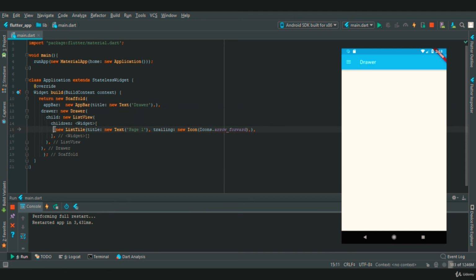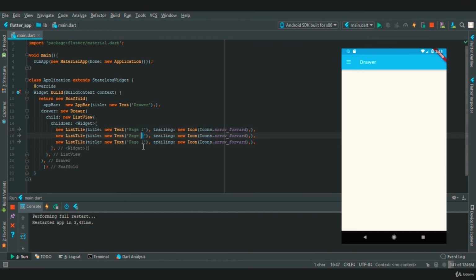We are going to create two more list tiles. Let's copy and paste. Let this be page 2, and for the third list tile we are going to say close. Now to perform an onTap operation, there is a property in list tile called onTap, which accepts a function.